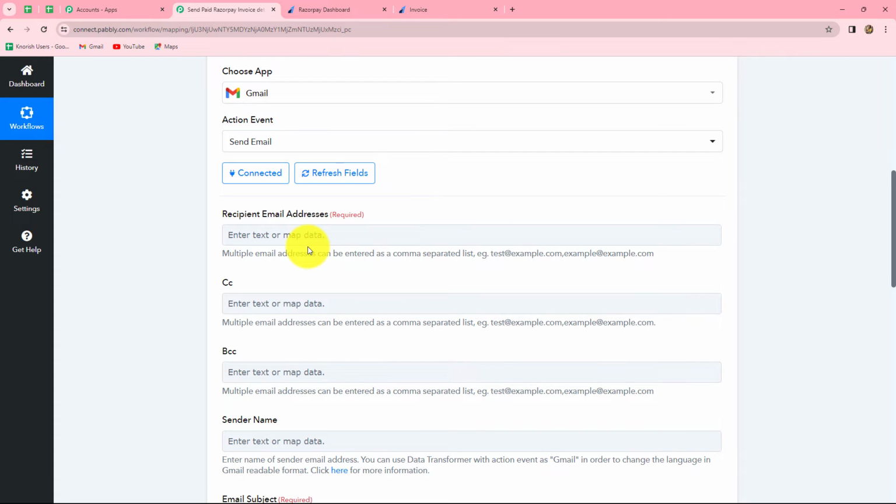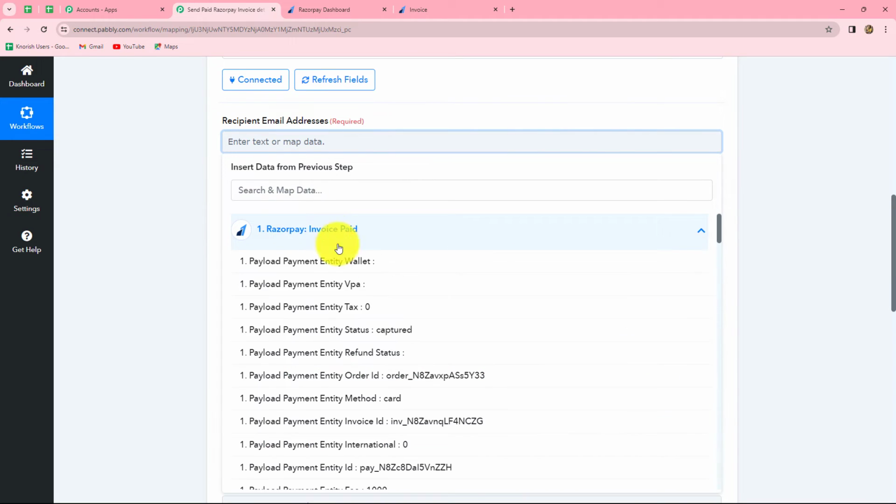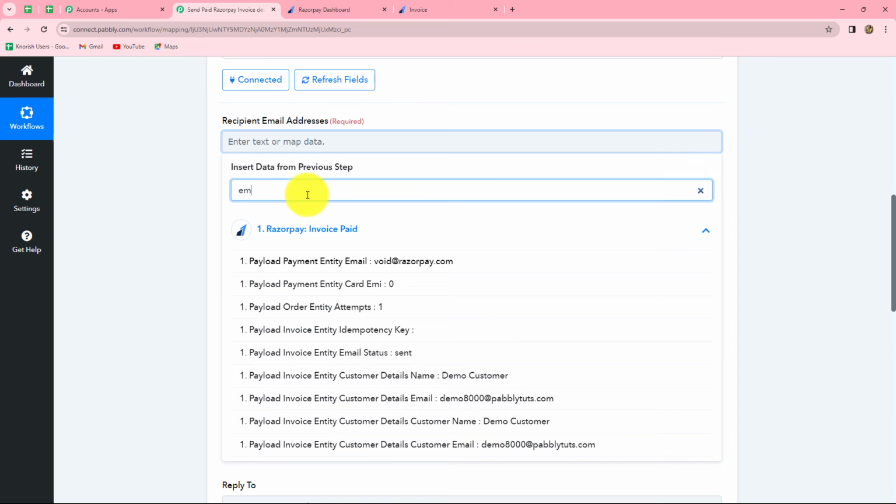Now here in this field, we have to enter the email address of the person to whom we want to send the email. So I want to send the email to my customer here who has made the payment in Razorpay. We have received the details of that same customer from our earlier response, that is from our Razorpay response. So we will simply map the data from Razorpay, and here I am going to search for email